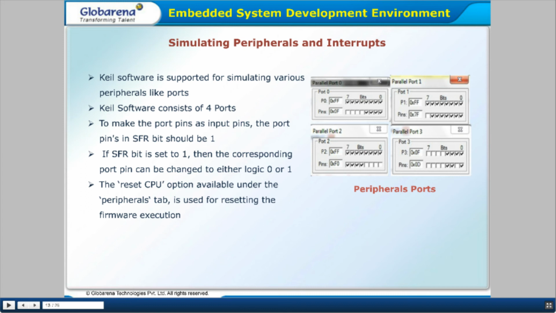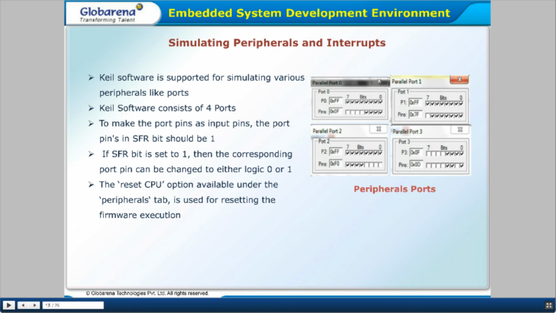If the port pin's SFR bit is set to 1, then the corresponding port pin can be changed to either logic 0 or logic 1.